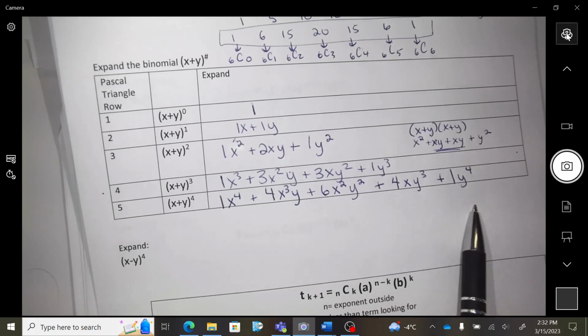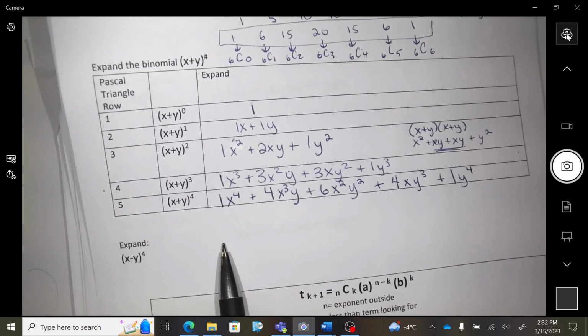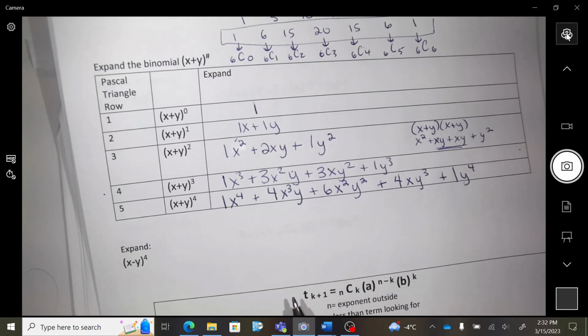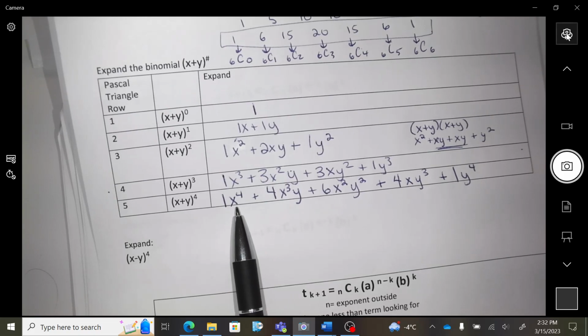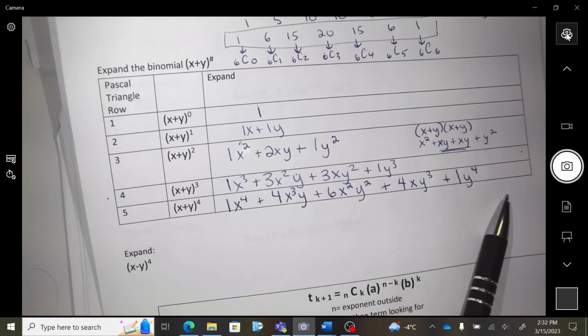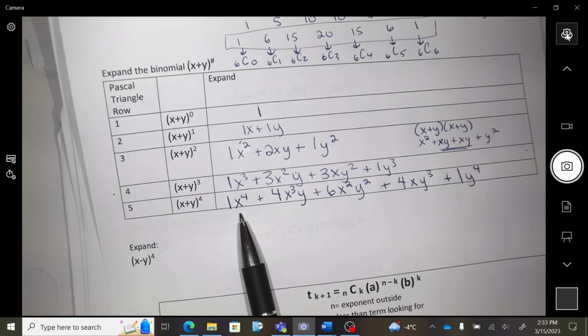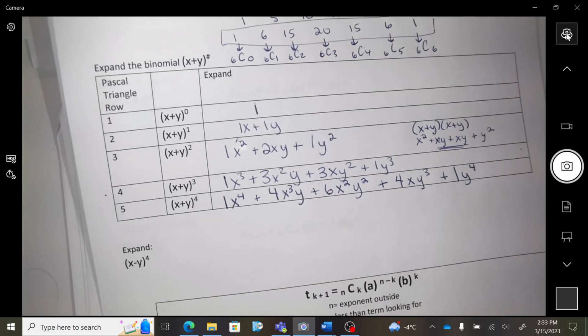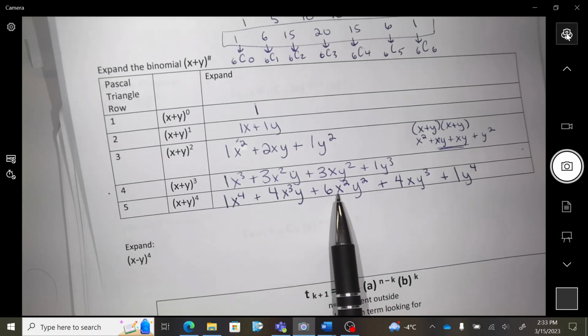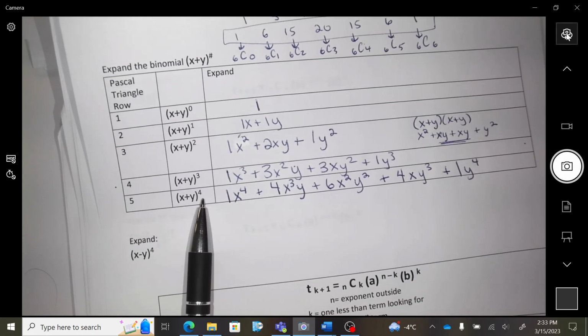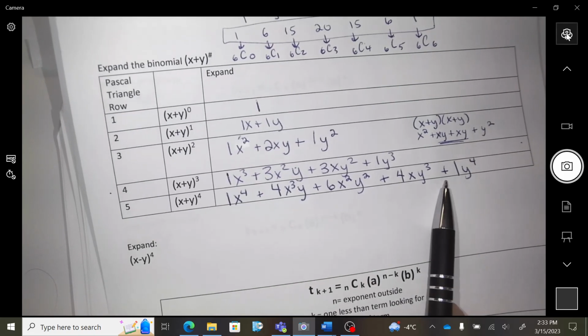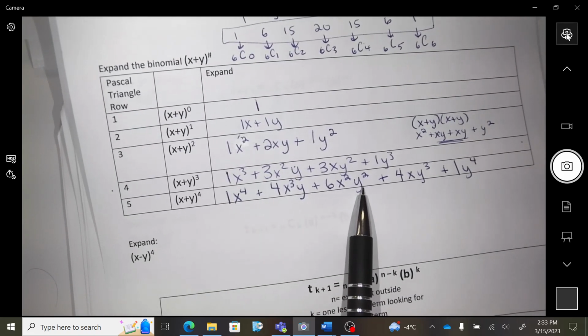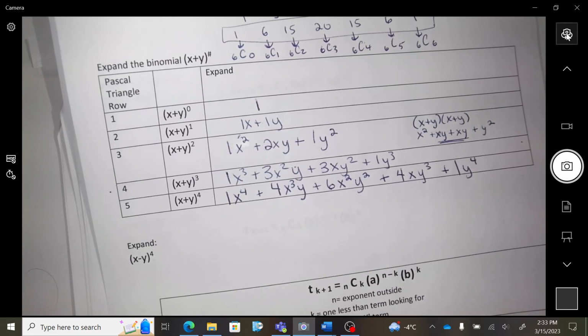So the digits, the coefficients, we're calling them the coefficients, come from the triangle, which are the choosing, the combination numbers. And then do you notice how my degree of x goes 4, 3, 2, 1, 0. And the degrees of the y go 0, 1, 2, 3, 4. The y's go up, the x's go down. The degrees always have to add to the original degree. So if this is a 4th degree, see how there's an x squared and a y squared? That's a total of 4 exponents. Okay,